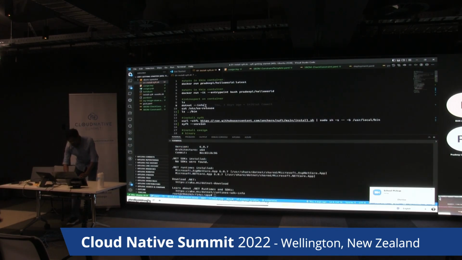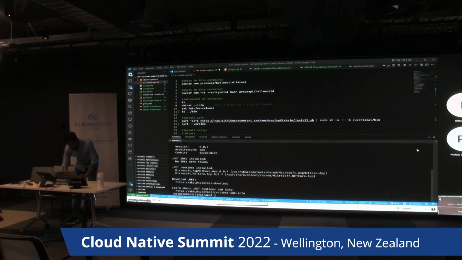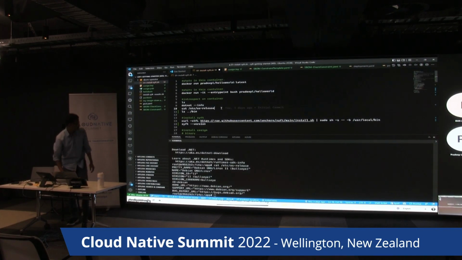If I need to understand more, for example, what's the version of the OS that it's running, I need to know where to look for it within the container. A lot of people find it hard to even figure out which OS we are running within this container. So for example, this I know for sure is running Debian. Yes, it's running Debian 11, bullseye. So this is how we figure out what's within the container.